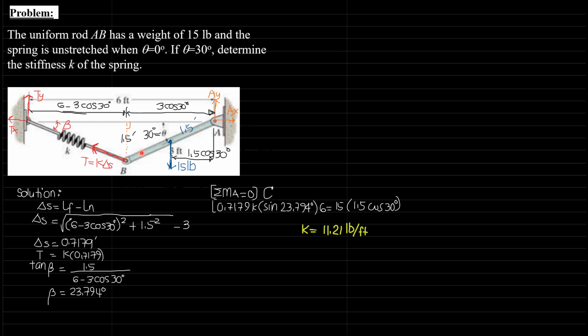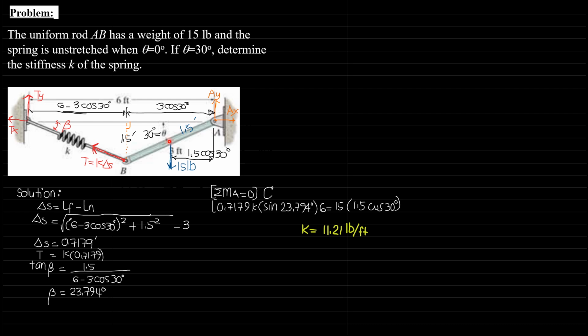When theta is 0, the natural length of the spring, as well as this rod, which is originally 3 feet long, are equal to 3 feet also. So the natural length of the spring is 3 feet. Then in this final position, the length of the spring will be increased from 3 feet to some other value, while the bar AB remains 3 feet long, but it is now making 30 degrees with the horizontal.